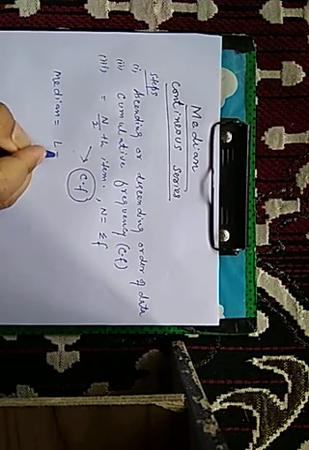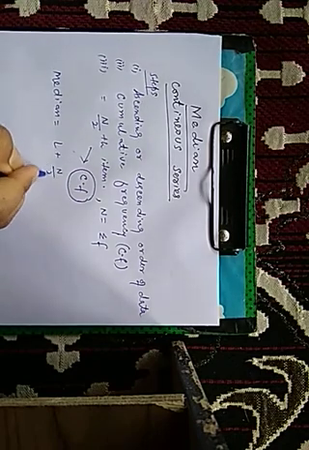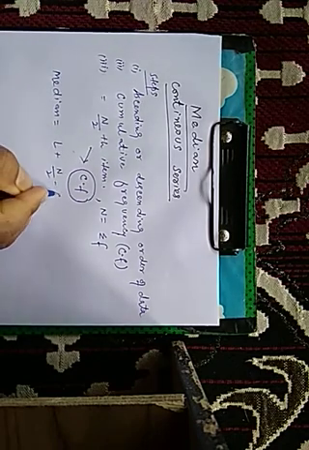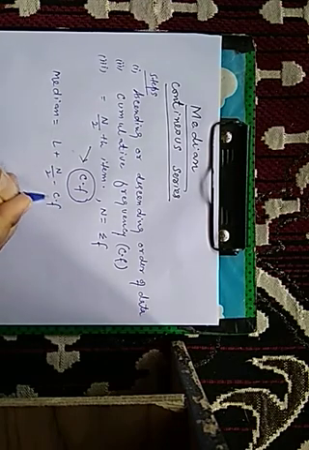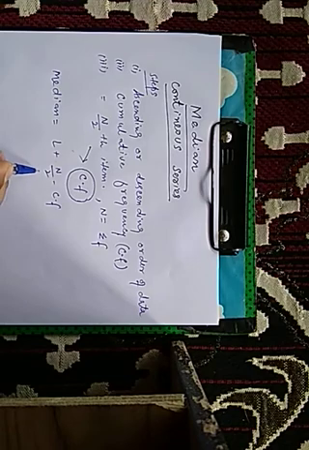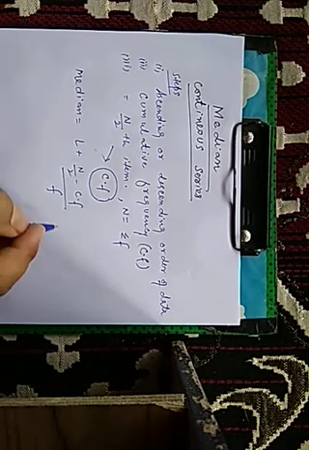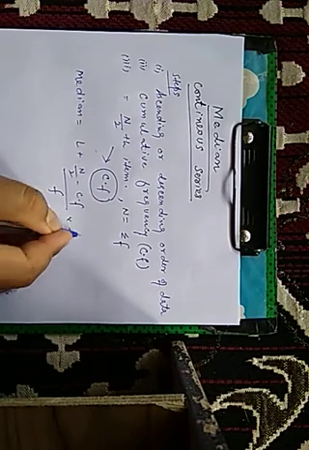After that we have to apply the formula of median, which is equal to L plus (n divided by 2 minus CF, that is cumulative frequency, but here you have to remember this is the preceding cumulative frequency) divided by frequency of median class multiplied by I, the size of class interval,